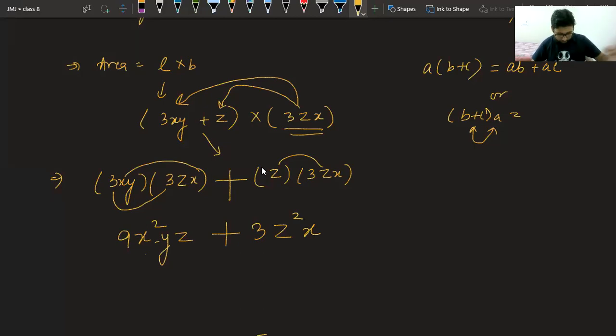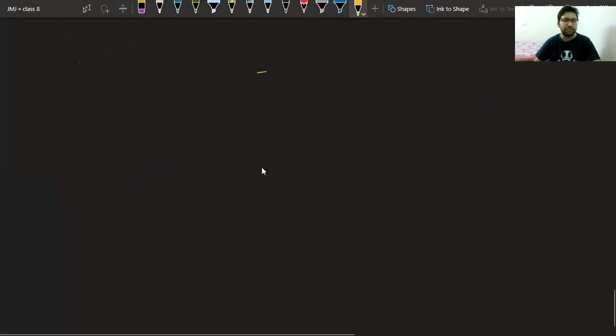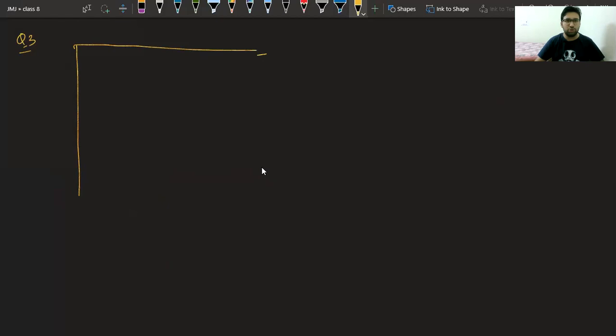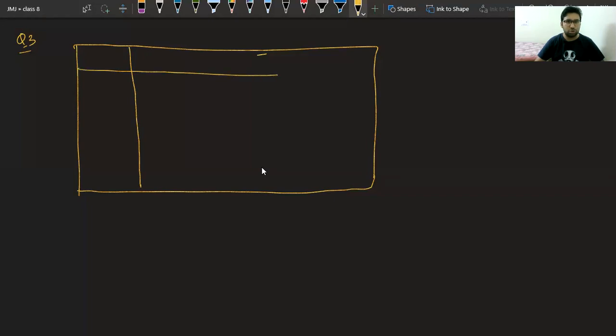Okay, so now what do we have? Question number 3. Again, an easy question. They have given you a table like this. A table like this is given to you, a tabular format, in which there is a first column and first row. You need to find the value of the product. Suppose I take an example, the last one. Class, suppose I take the example of the last one. We have to find the last box answer.